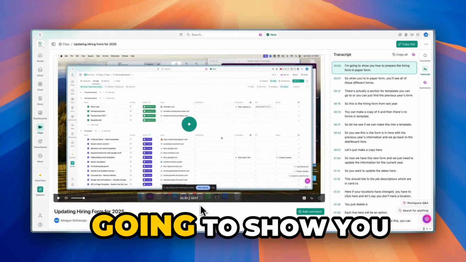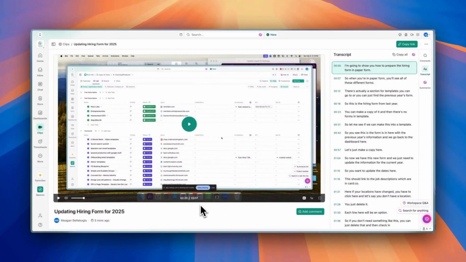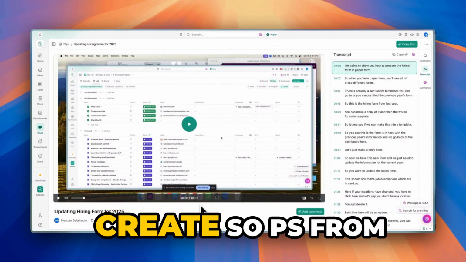Hey, this is Megan, and I'm going to show you how you can use ClickUp AI to quickly create SOPs